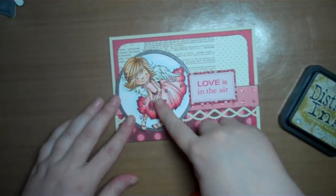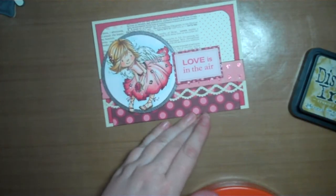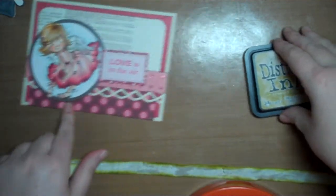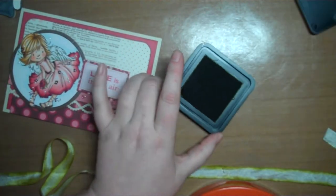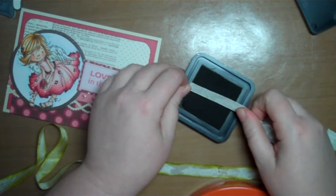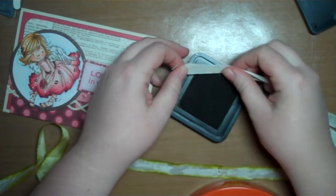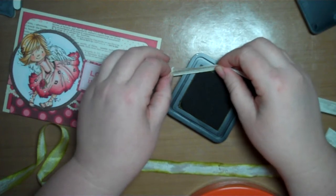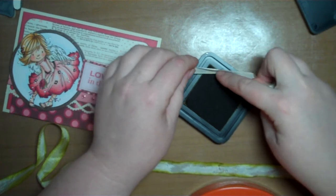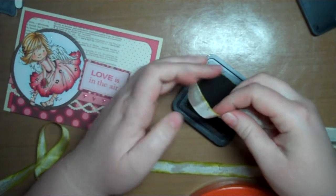So because I have that little bit of green in her, I pulled out my Tim Holtz Distress ink. It's the crushed olive. I took some more of the seam binding, and this is doing the same thing, just with the Distress ink. You just take some of the seam binding and you just kind of rub it against the edge of the ink pad, and it's a little bit longer process than the Copics, but you can get that same variegated look on each side